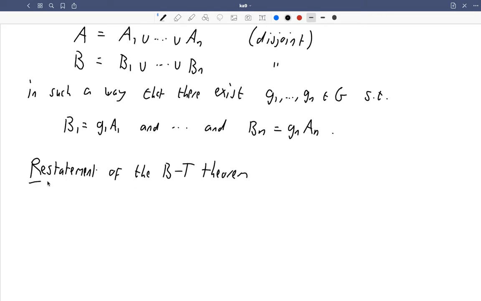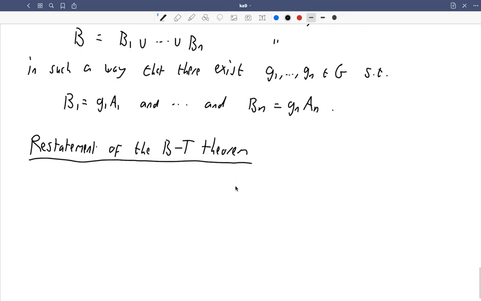It now becomes a much shorter theorem to state because we've done a lot of the work in this notion of G-equidecomposability. So the closed unit ball, this should be blackboard bold B,